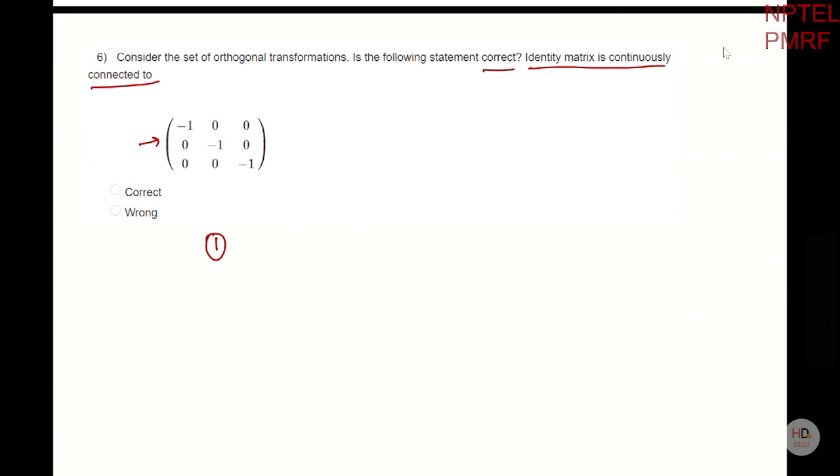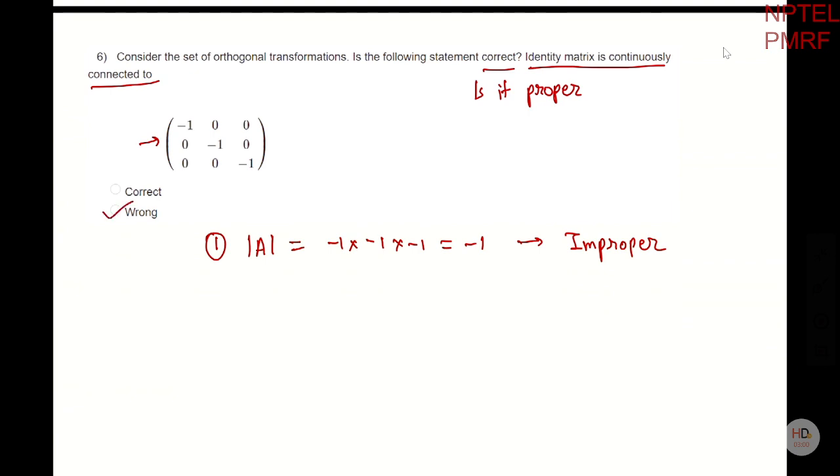First, we had seen that what it is asking is basically, is it proper? That means, can we rotate something by this matrix? That can be determined by the determinant. Clearly, it's minus 1 into minus 1 into minus 1, so minus 1, which means improper, right? So it's wrong. Another way, which is slightly more intuitive but cannot be used every time, is that